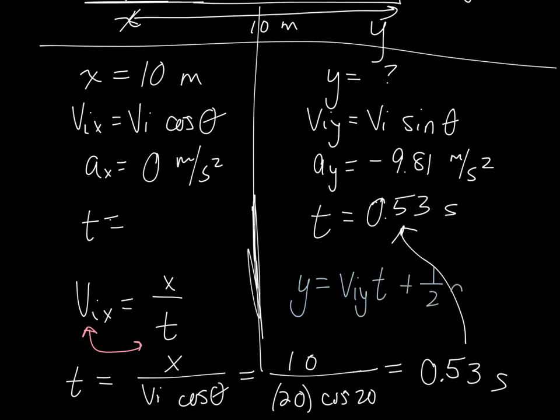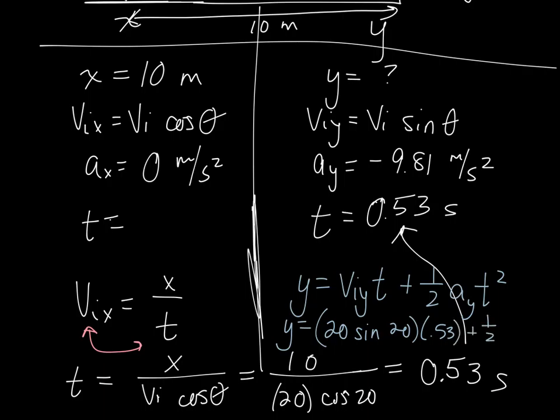Okay, and take a look and notice that I'm putting subscripts everywhere. viy because I'm in the y direction, ay because I'm in the y direction, y because I'm in the y direction. So my goal is to figure out how far this travels vertically, so I can leave that alone. viy is vi sine theta, 20 times the sine of 20. That's viy times the time